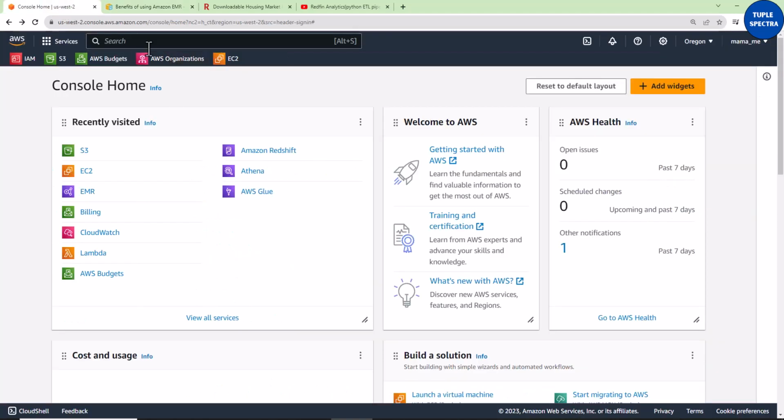So now let us go to aws.com or aws.amazon.com. If you don't have an account yet, go ahead and sign up for an account. It's going to ask you for your credit card details and all of that. Okay, so now what we are going to do is that before we provision our Amazon EMR, we